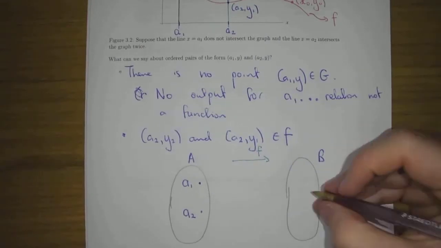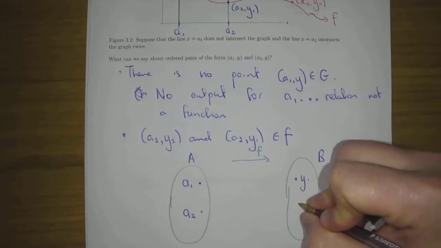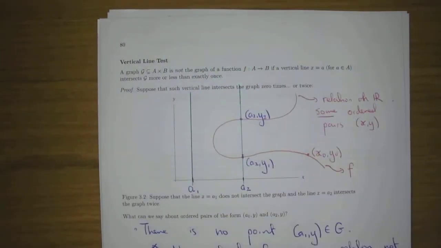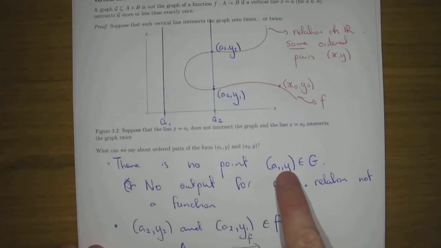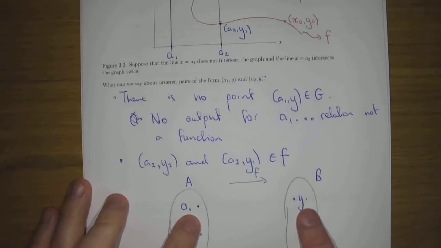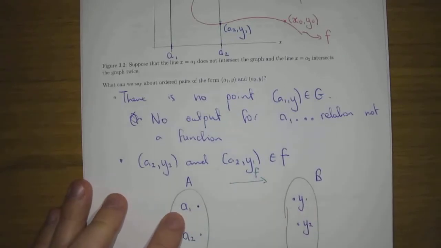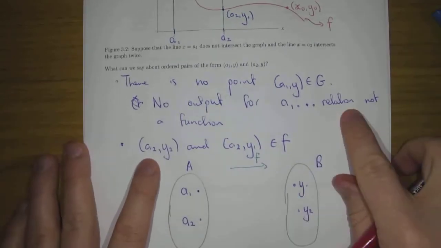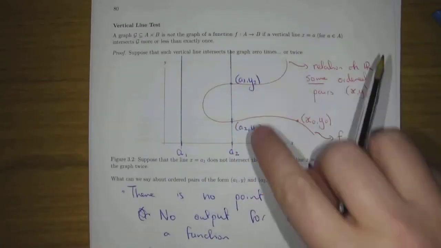So, in terms of the outputs, we're looking at Y1 and Y2. The fact that this doesn't intersect with the curve means that there's no ordered pair of the form (A1, Y), so A1 is sent to nothing. This input does not have an output, so that means this is not a function, and that's the first thing. If we draw this one here, we see that A2 is actually sent to two different things,